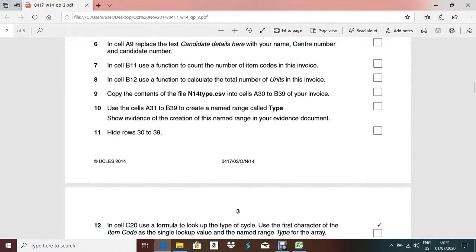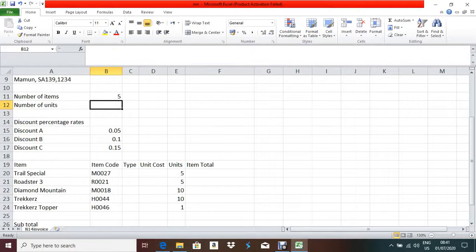In cell B12, use a function to calculate the total number of units. So in B12 you have to find out the total number of units. So what you have to do, where is the number of units? This is the number of units. They are asking for the total, that means you have to add.